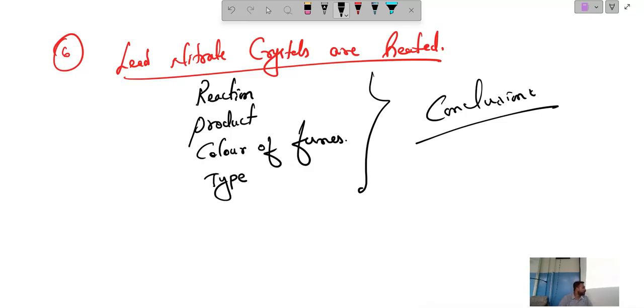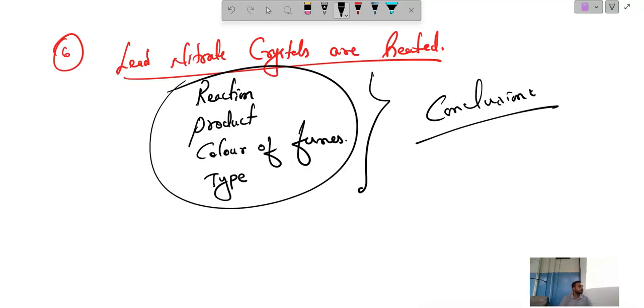Write the conclusions which you have drawn in the experiment when lead nitrate crystals are heated, when ferrous sulfate crystals are heated. What are the conclusions? You have to write the conclusion. Conclusion also is the same answer only. What did you observe? We observed this only, no? We have observed the reaction, we have seen the product, the nature of the product, we have smelled if any kind of smell is coming, if any kind of color you are observing,